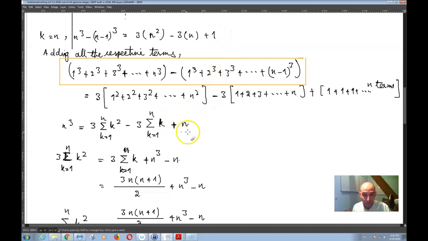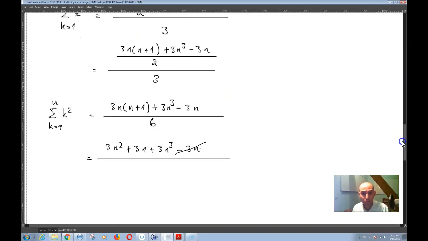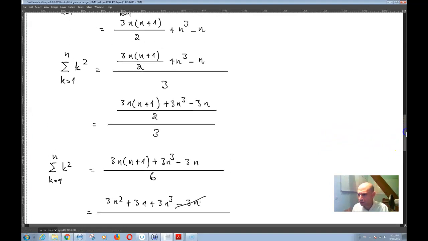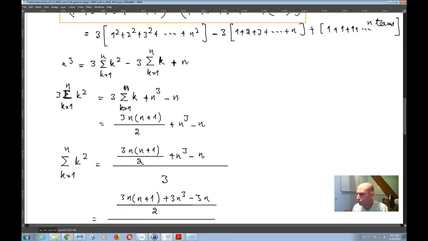Which became n, of course. Okay. Which became n. Now there is something wrong here. There must be something wrong here. Over here I have n cubed is equal to